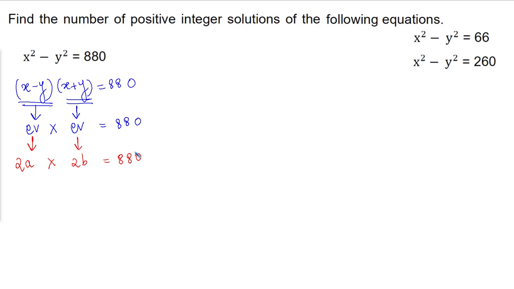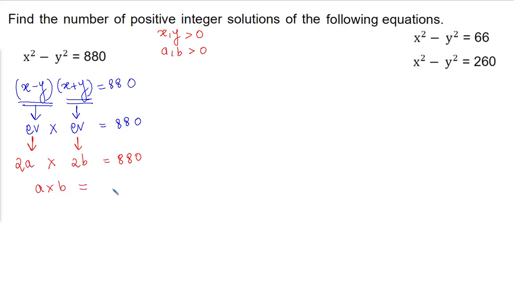Okay, so a and b can be any kind of number. It can be an even number, it can be an odd number, but it has to be a positive number. Over here x and y are supposed to be positive numbers, and a and b are supposed to be positive numbers only. Okay everyone, so over here a into b is going to be how much?